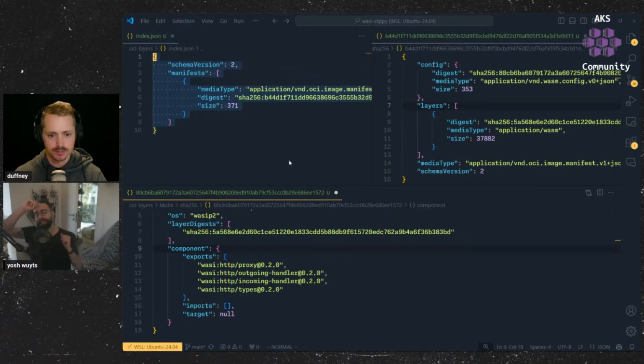This is mostly for registries and other tooling. So you don't need to unpack your components themselves. In our case, it's like 2 megabytes, right? But you could have a component that's a gig or several gigs, that is allowed. You don't want to unpack all of that to know what this thing imports and exports. So we duplicate